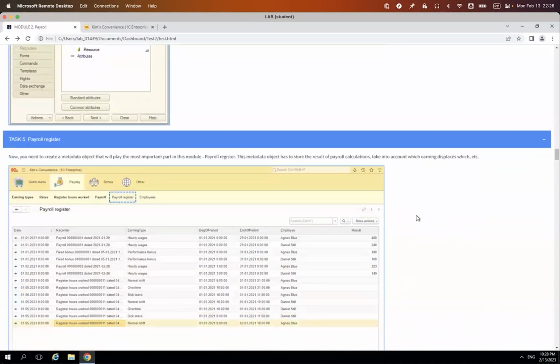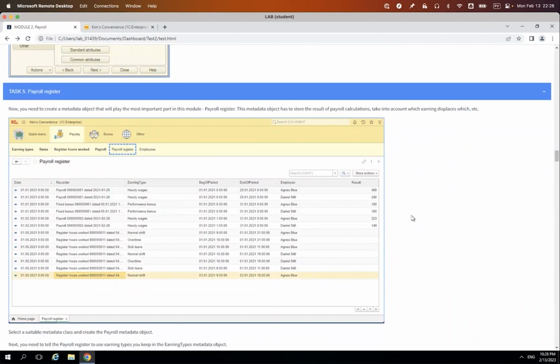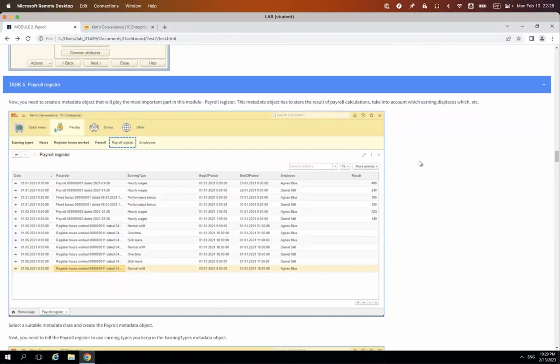Now, payroll register. During the Module 1 practice task, you got to know the accounting register, which is a specific type of register for accounting purposes. And this is another type of task-specific register, called payroll register. This one is specifically designed to make your payroll easier. The payroll register is the main metadata object we use to register how much we paid to each of our employees. The same way as we register business transactions when we buy or sell anything, and for the same reason, we register every payment ever made to any of our employees.